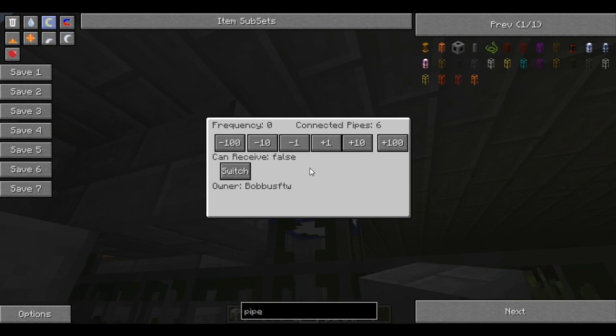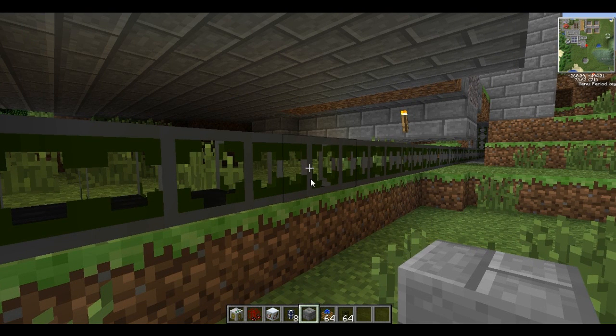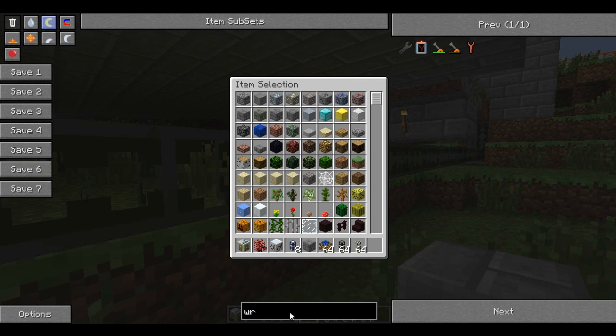Just put that there. Now I'm going to make this the same frequency as the other one, and I'll make it receive true. As you can see, out comes the oil. Now it's going the wrong way here, but that can be solved with some waterproof pipes of iron. You can get iron waterproof pipes as well, and if you get yourself your bronze wrench back, lots of things